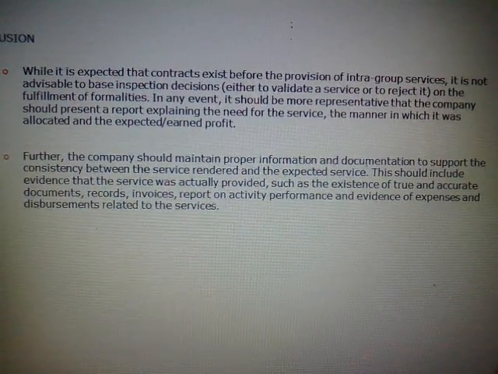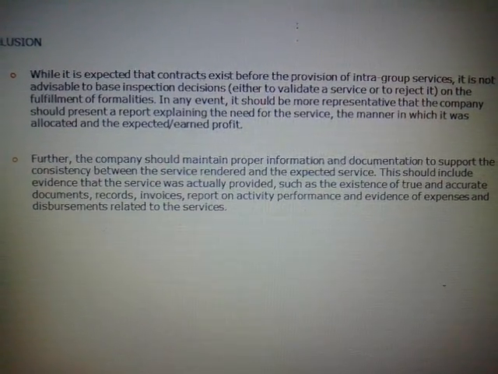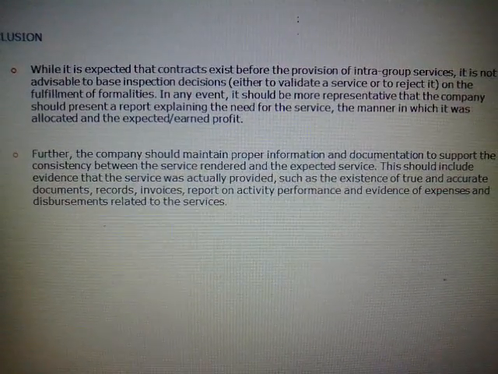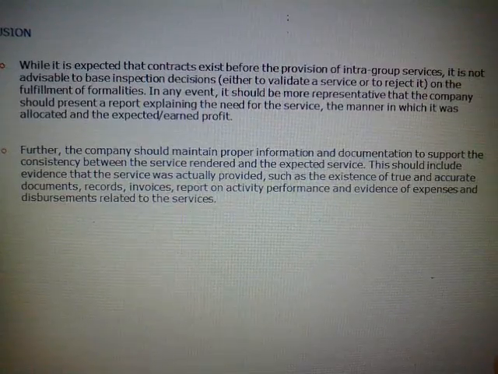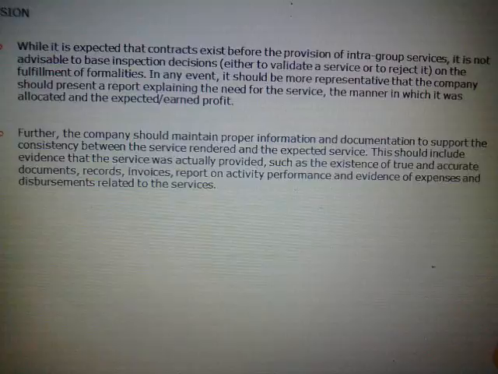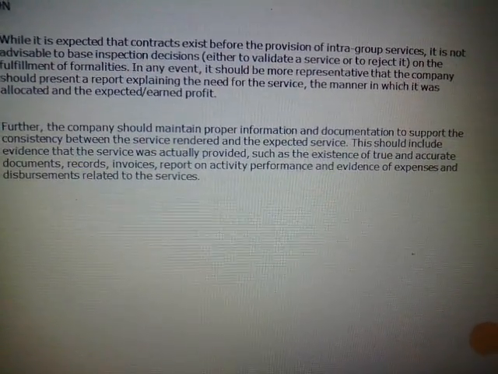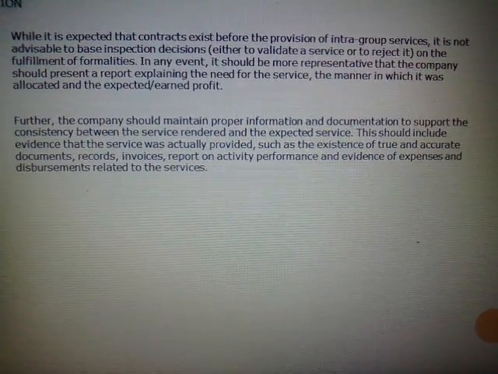In any event, it would be more representative that the company present a report explaining the need for the service, the manner in which it was allocated, and the expected earned profit. Further, the company should maintain proper information and documentation to support the consistency between the service rendered and the expected service. This should include